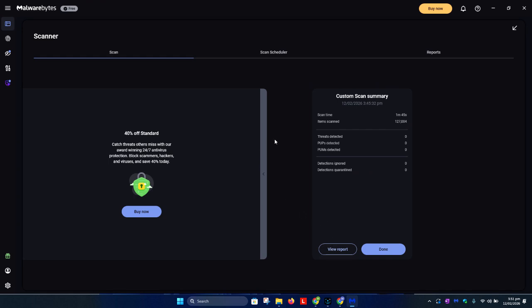So now that the scan is completed, if it has found any threat, it should say threat detected, shows you the number, and it should show you also the detections quarantined. And this is enough to clear the device from any kind of viruses, including Trojan, including malwares, and also including